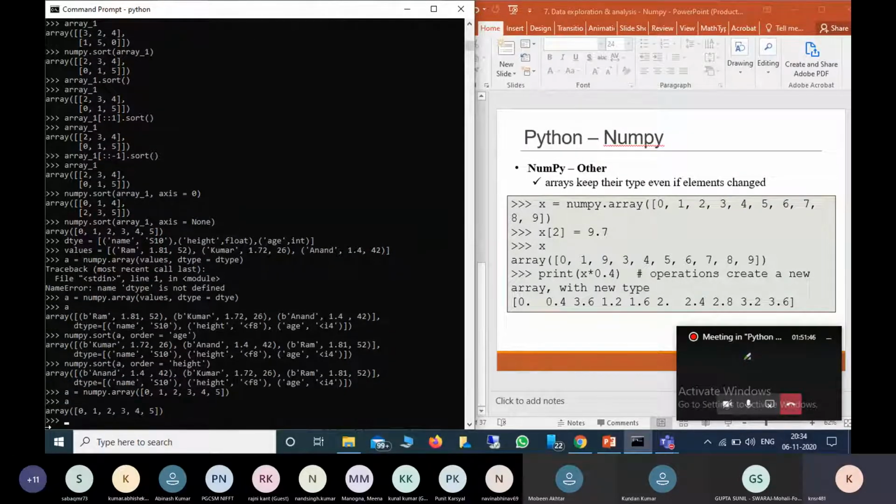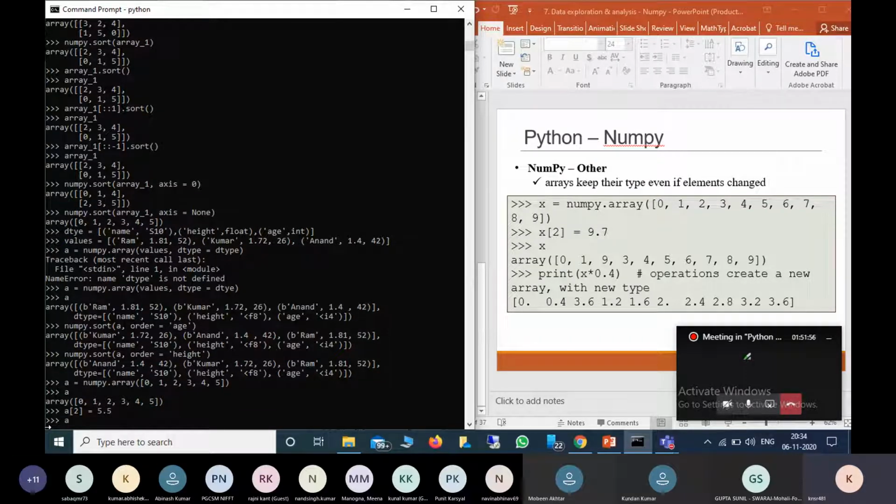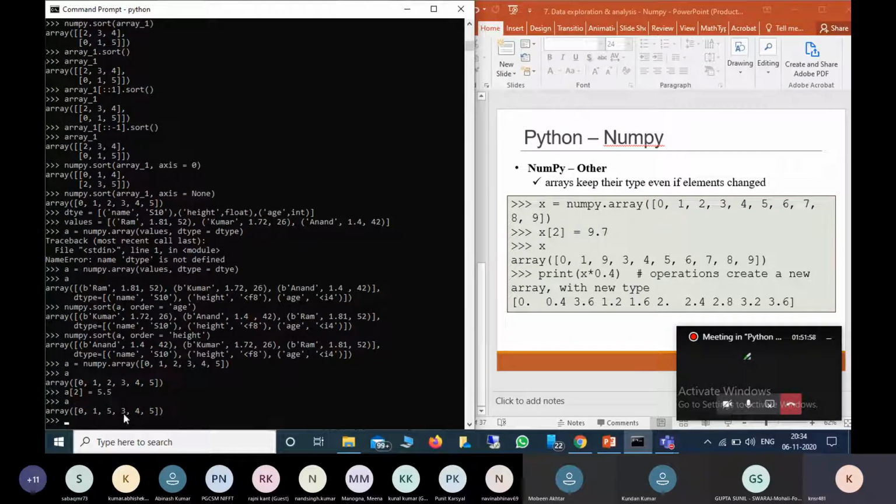Now a is an array. If I want to replace a of 2 with 5.5, see, even though it is a float, it keeps its original type. It only keeps the integer value of what we are replacing. Now for a float,